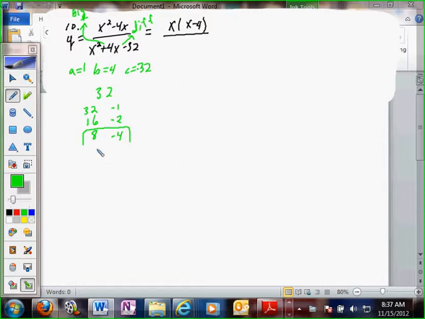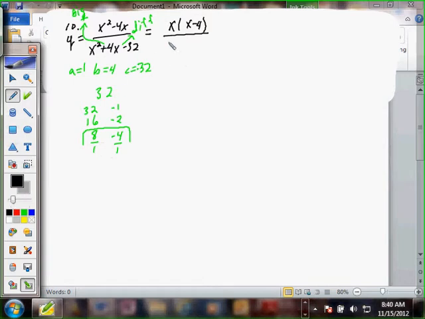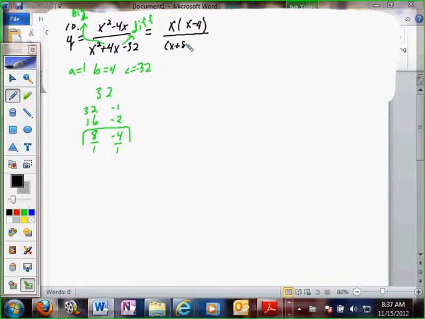So my next step is to divide by A, which is 1. And some people were making a mistake on the last test, and even the factoring quiz, forgetting to divide by A. Well, when you divide by A, if A is 1, it doesn't really affect anything. But when A is something other than 1, it changes it, because it changes this factor of 1 here. But my factoring becomes x plus 8 and x minus 4,